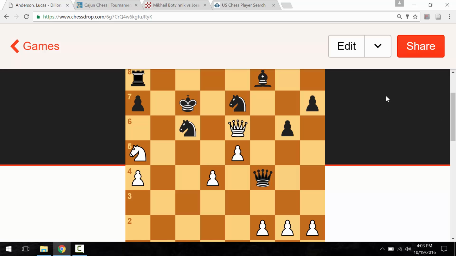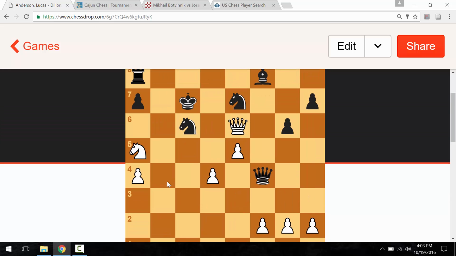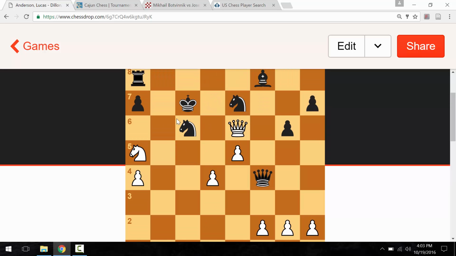Okay, so I have all sorts of threats. I have the threat of developing a rook to the b file. I have 2 attackers now on this knight. If ever I can... Three. Oh yeah, the rook. I have 3 attackers on this knight, and so this knight is pinned and can't take my knight on a5, and so he slides queen over to defend. Okay, now I check